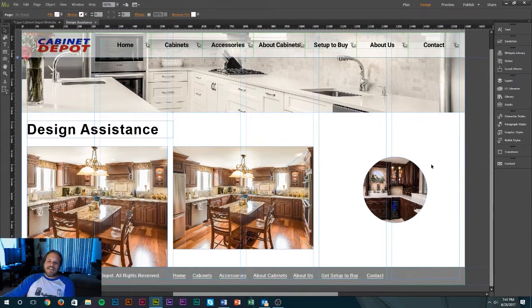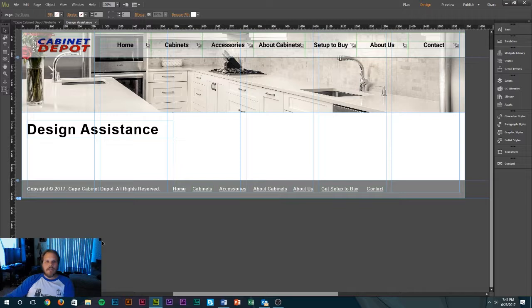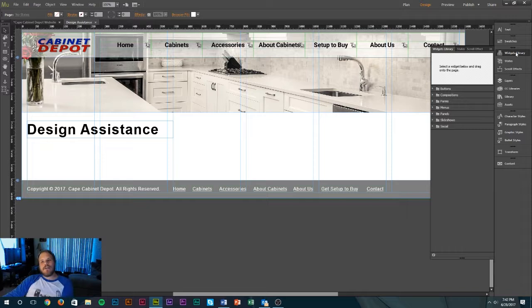But let's say you want to do a carousel. Well, that gets a little trickier. We'll get rid of all these and we'll grab a carousel. Now to add any other functionality besides text, images, stuff like that, the basics in Adobe Muse, you've got to go over here to what's called a widget library, and this will give you all your other functionalities that you might have already installed. So we want a slideshow,